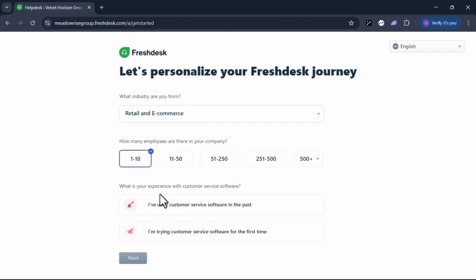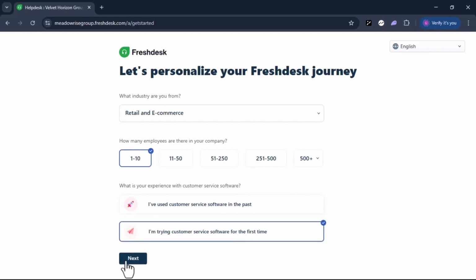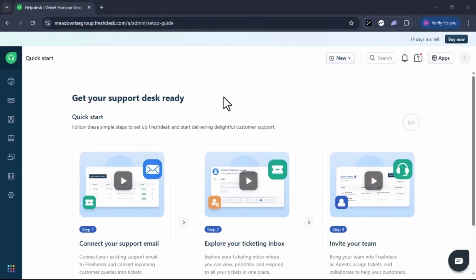Freshdesk is asking, what is your experience with customer service software? I've used customer service software in the past. I'm trying customer service software for the first time. So let's go with this one. And select next. Alright, so now I'm inside Freshdesk and right away I can see this quick start guide